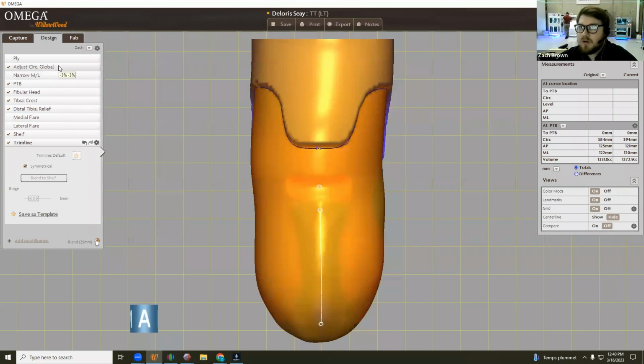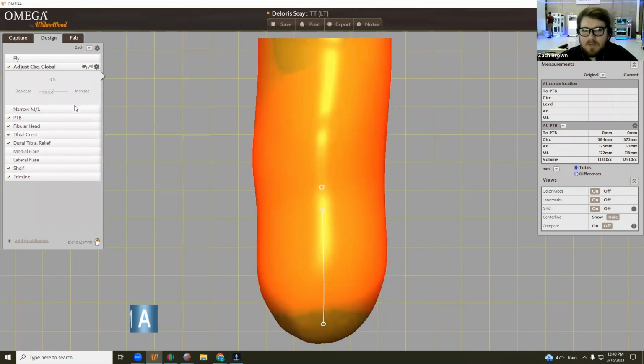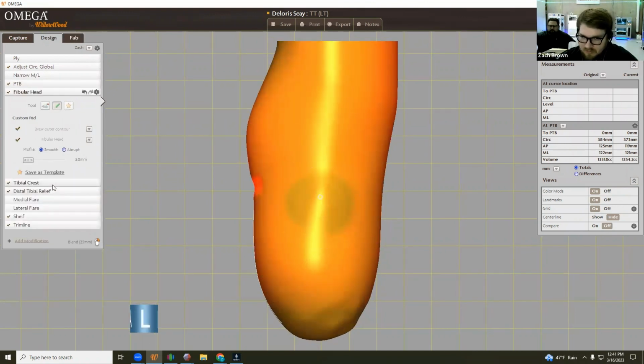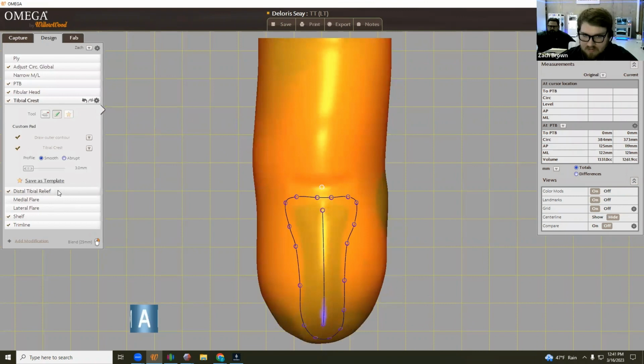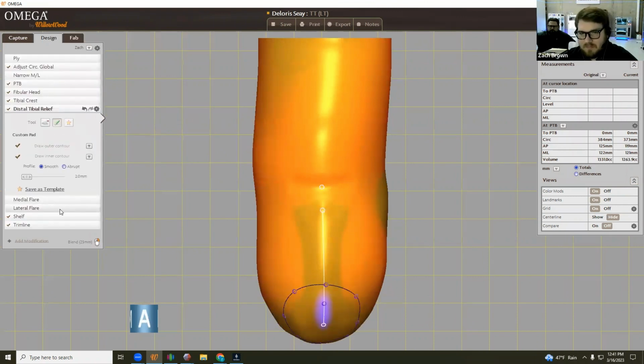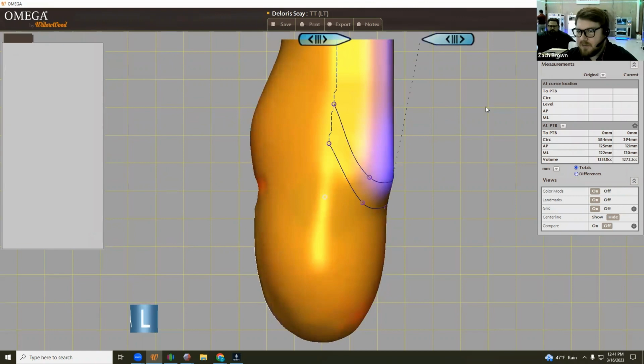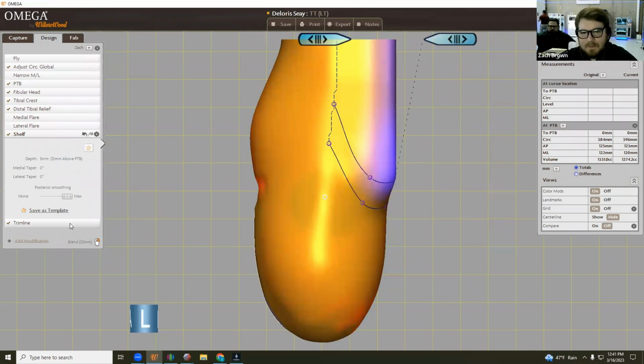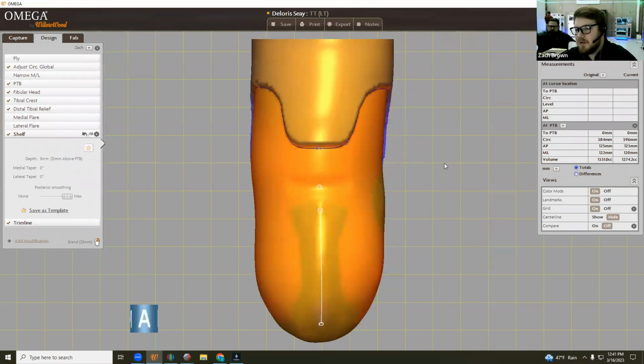I can take you through real quick and show you. So usually we start with a 3% global circumference, move into our patella tendon area. From there, we'll go into our fib head, tibial crest, distal tibia, and we'll pull out our shelf, which normally is how it'll be. Pull it out just a tad bit. Then we'll go down to our trim line and finish that off right there, and then we'll export our files